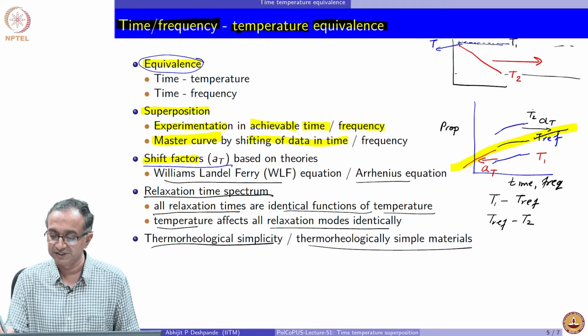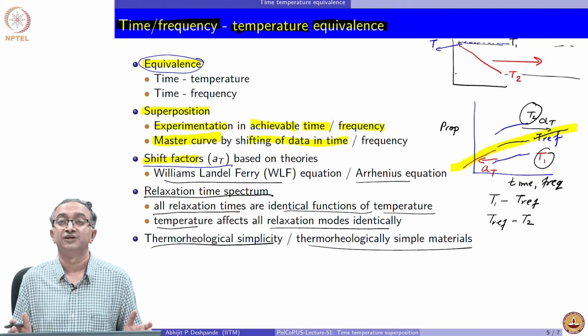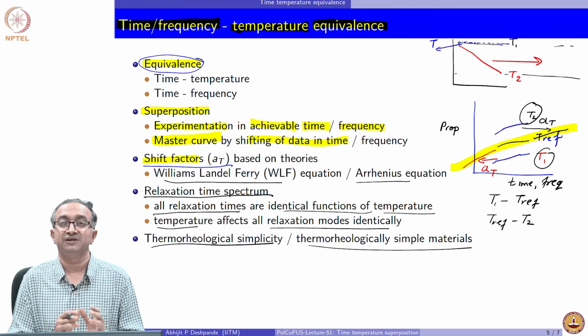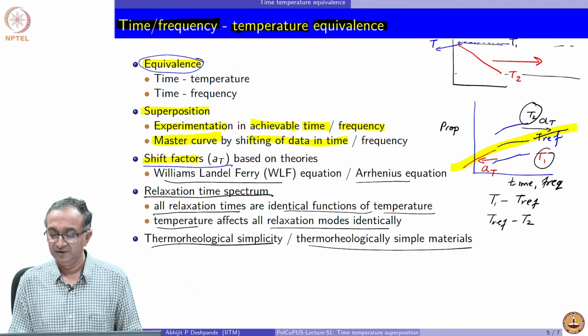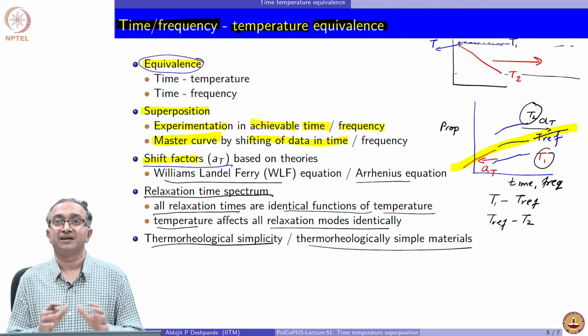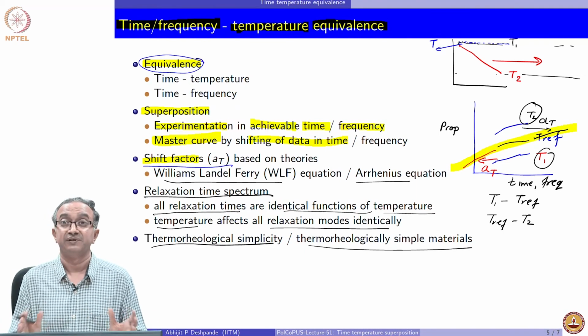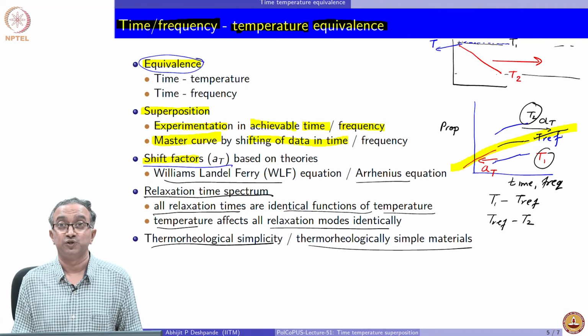Our initial measurement was done at all different temperatures, and then the data was shifted to get the response at one temperature for different times. Therefore, we get this information at extended periods of time or extended frequency because of this time temperature superposition